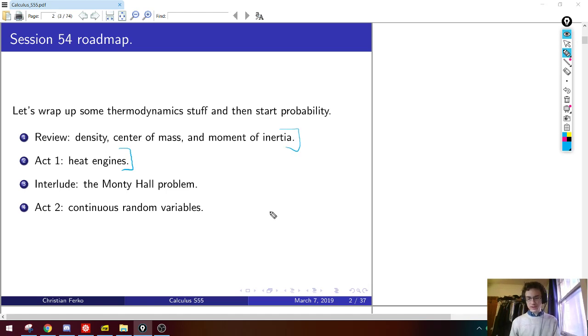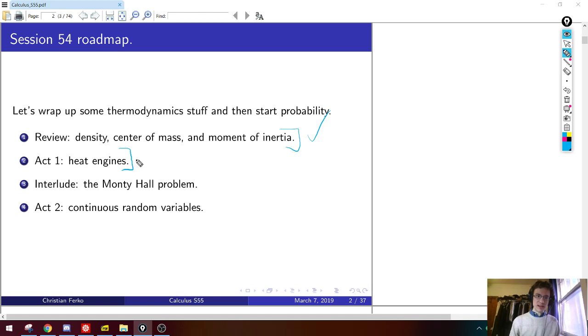So we did this potential energy stuff, then we did this density and center of mass and moment of inertia, and this was kind of the most important section from last time in terms of things that we're going to use moving forward. It's like deriving that hydrostatic barometric equation at the end. This is just kind of a cute thing. So I want to review this because this will be important.